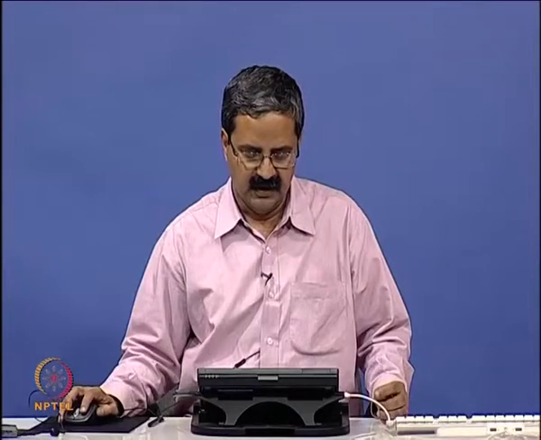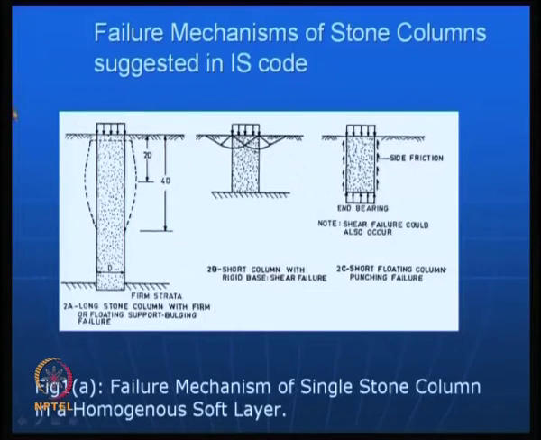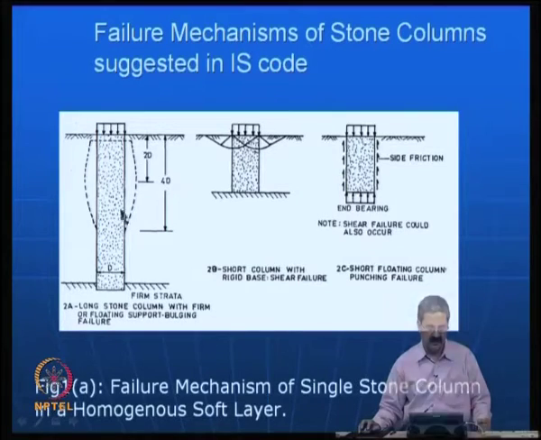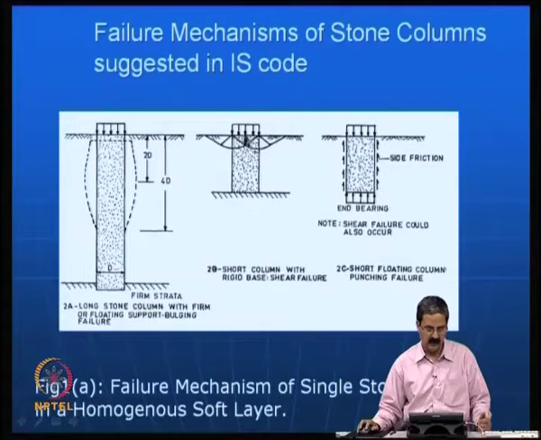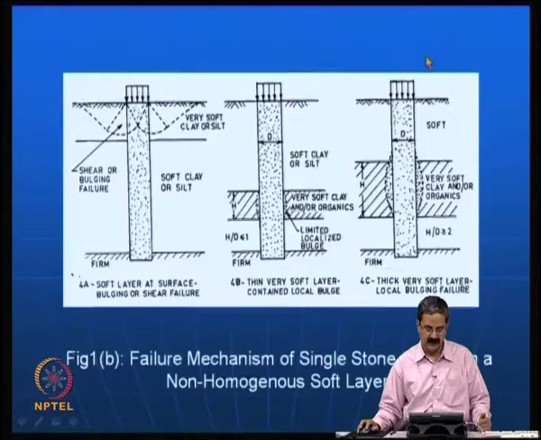As I just mentioned in the previous class, what I would like to emphasize is the failure mechanisms of stone columns, and we need to avoid this formation of bulging, and of course that is inevitable. We should understand that the bulging is likely. Then we should also avoid this type of failures. These are some of the failure mechanisms we should be able to understand in a proper manner when you are trying to deal with stone columns.